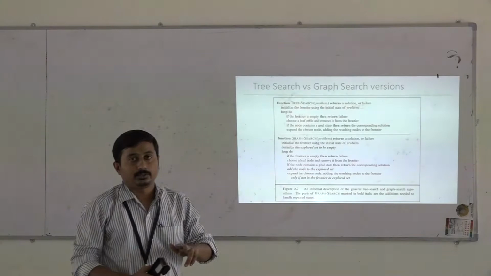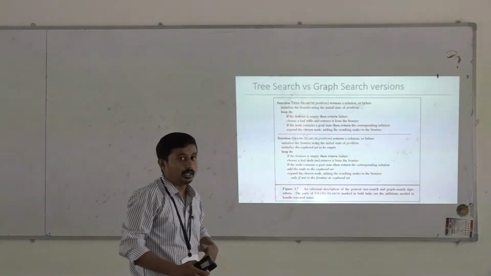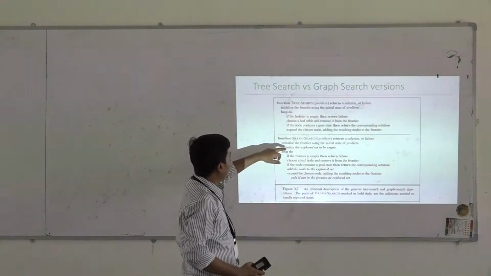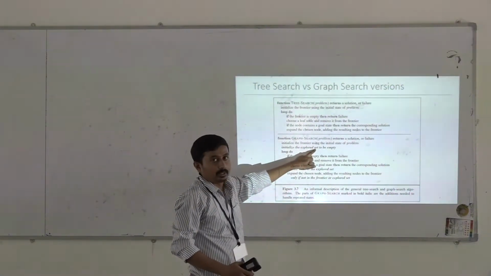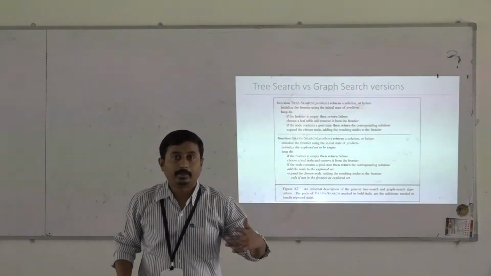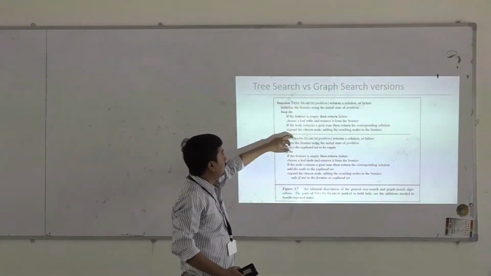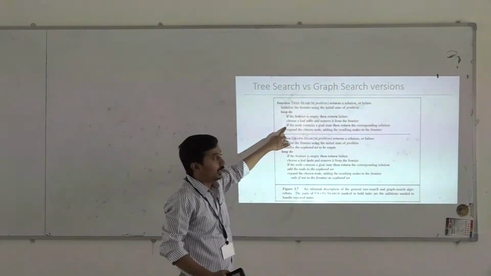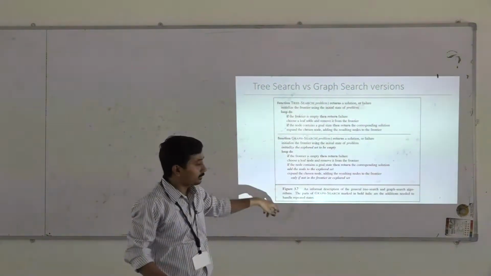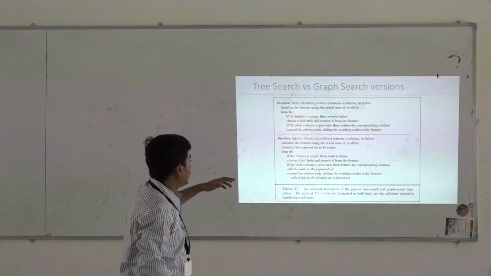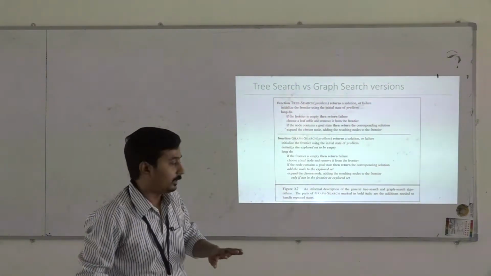We can have 2 versions of search algorithm, that is tree search and graph search. So what is the difference here? In the graph version of a search, we are maintaining an explore set, which means we are avoiding loopy paths. But in the tree version of a search, we are not using an explore set. Thereby this will be space efficient, and the graph version will guarantee completeness. We will see that.